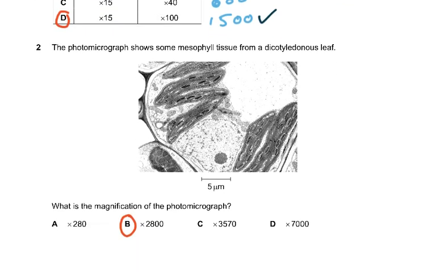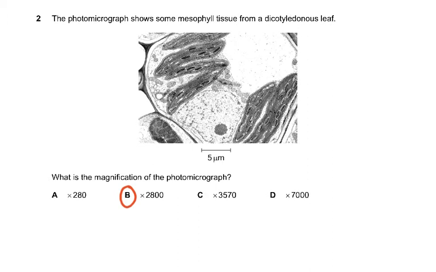Then coming to question 2, the photomicrograph shows some mesophyll tissue from a dicotyledonous leaf. What is the magnification of the photomicrograph? Now what do you have to do? You have to measure this on the paper, and then you have to calculate however many millimeters it is, then convert it into micrometers, and then divide it by 5. Because we have no method of measuring it here, we can figure that out. And that, of course, would be, you would measure this 5 micrometer,